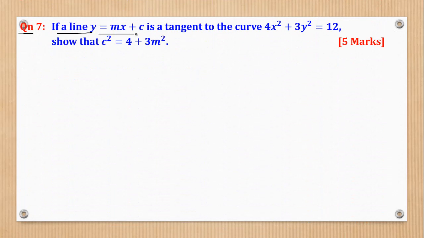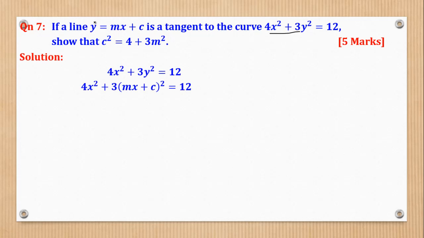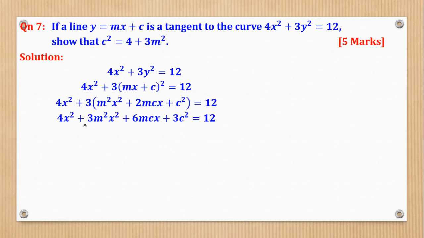If a line y equal to mx plus c is the tangent to the curve this, show that c squared is equal to 4 plus 3m squared. So I'll quote the equation of the curve and substitute for y here. Then open brackets. First of all, this inner bracket, expand this to give you this. Then open the entire bracket. Then you have to collect like terms, x squared alone, x alone, and constants alone,